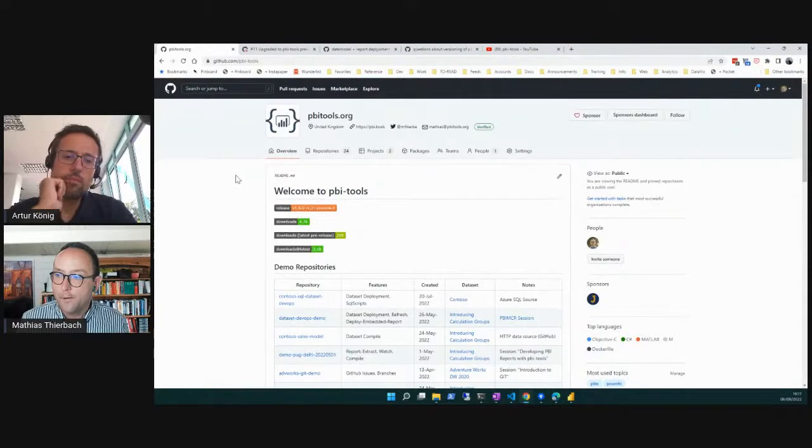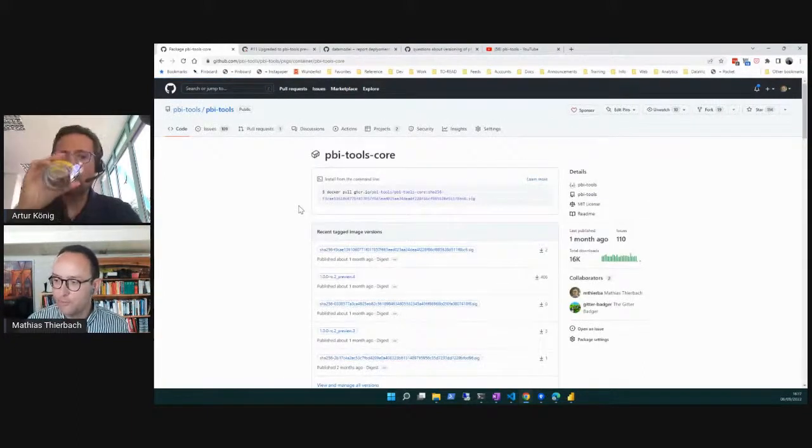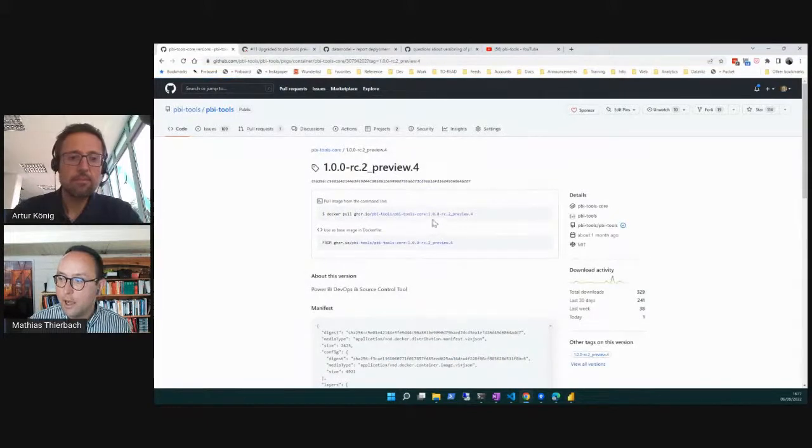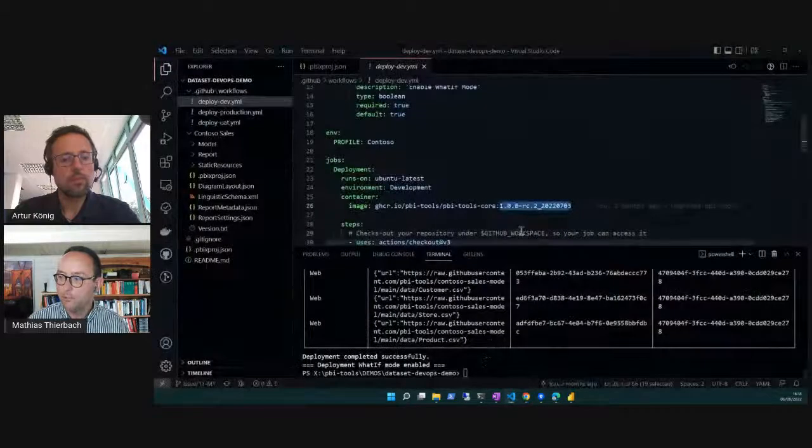And if I go to GitHub PBI tools, I've got packages here. There happens to be one single package, so that's quite convenient. We've got PBI tools core here, so that's the Docker image we're looking for. And then I can see this one here is preview 4, so that's the one I'm looking for. And all I need to do is to basically copy this tag or this label,